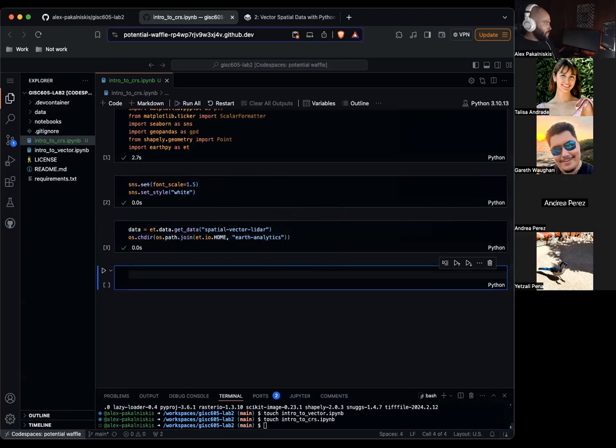Now let's load the shapefile using GeoPandas. So this is going to be the world boundaries.